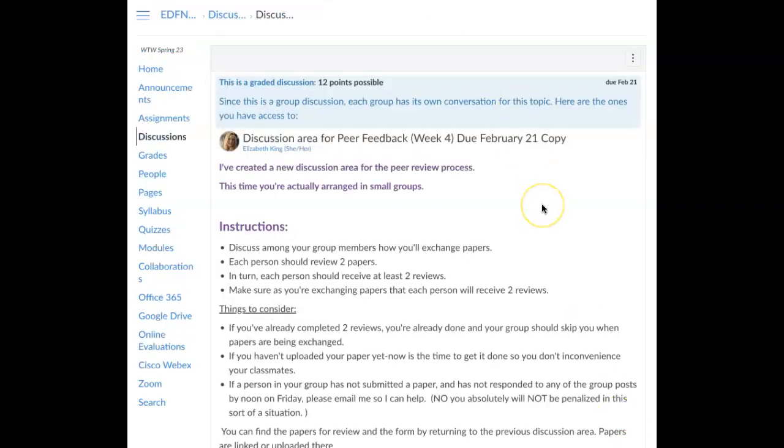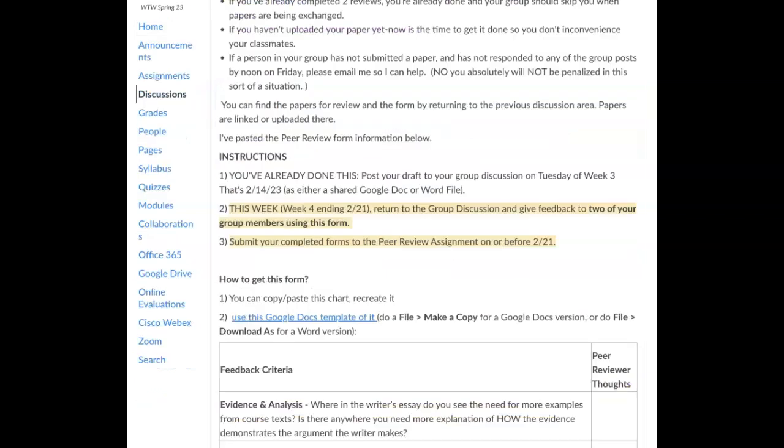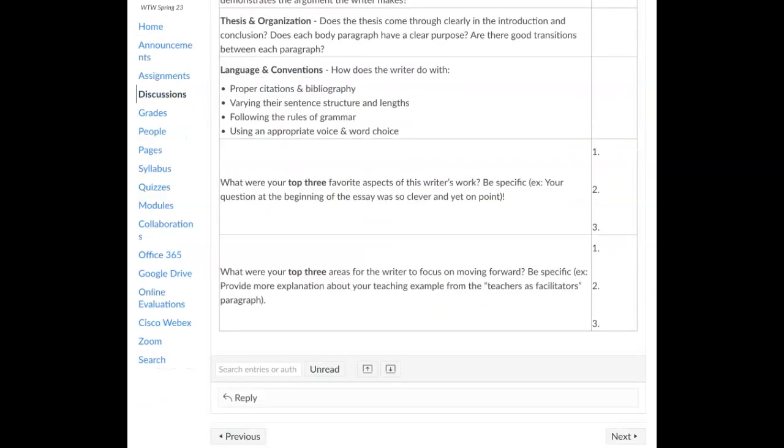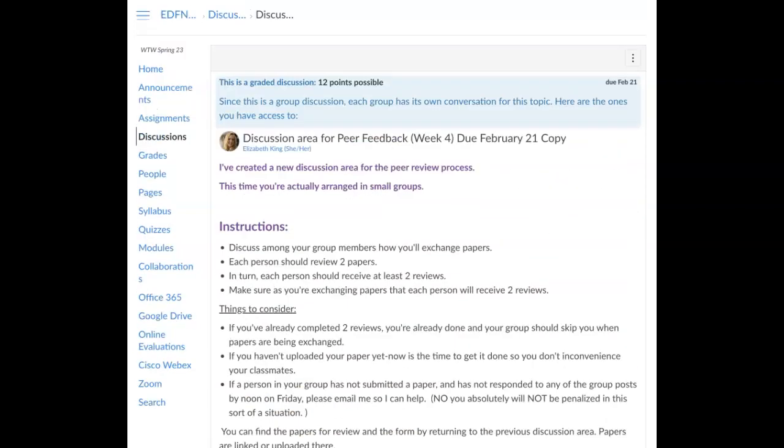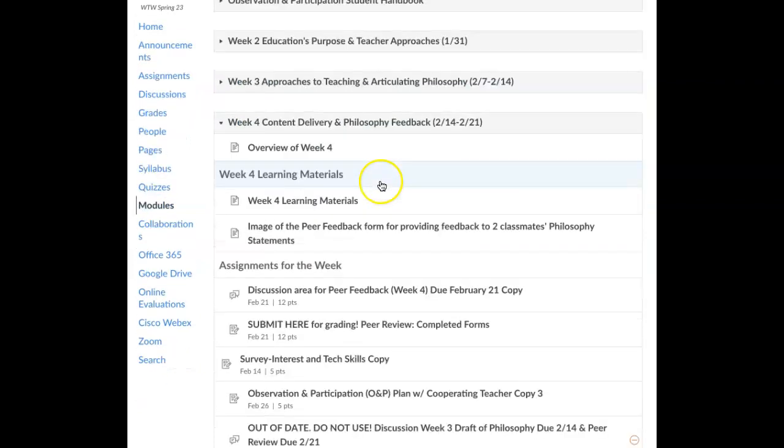And then here is the discussion that's for this week. And in the discussion section here, it gives you instructions and things to consider, all of that. And you are divided up into small groups for this week's assignment, which is different than most weeks. But going back to modules,